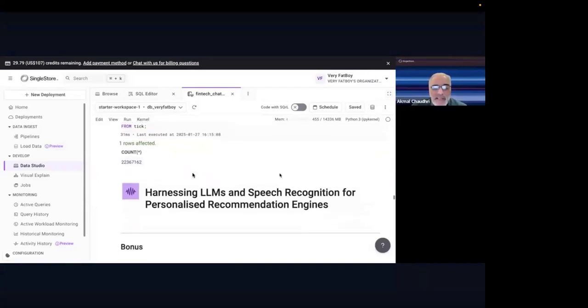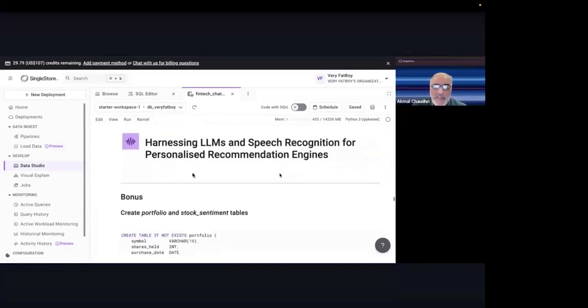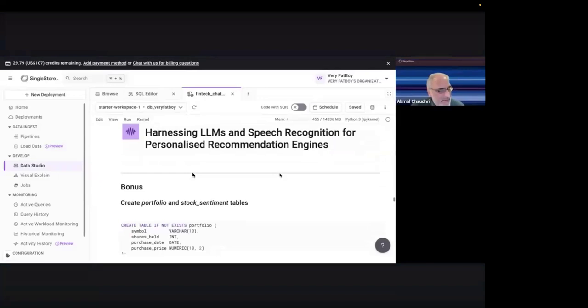Now, how could we extend this? So the speech recognition part, as I said before, if we have time, I'll show it to you, but we're kind of moving on a little bit in time. Let me show you the last 2 bits here.